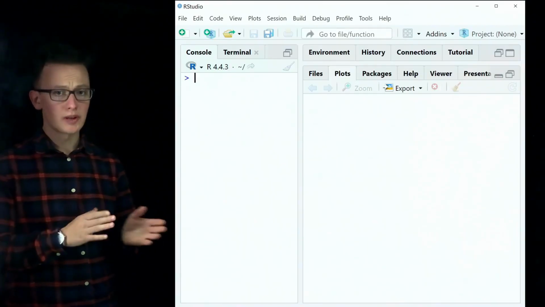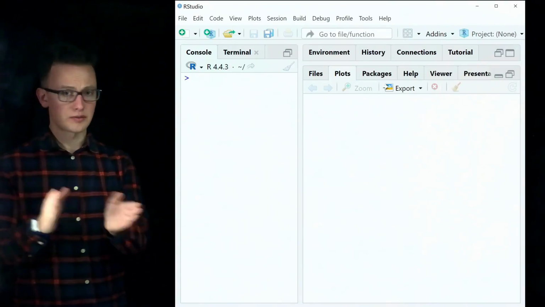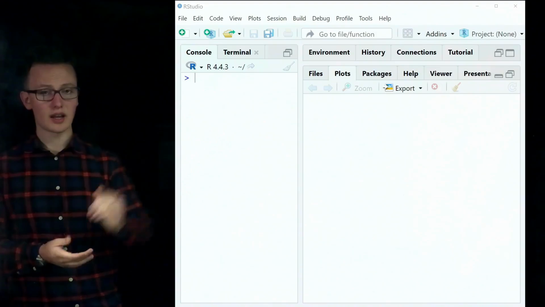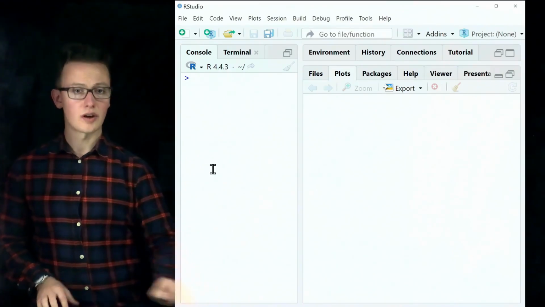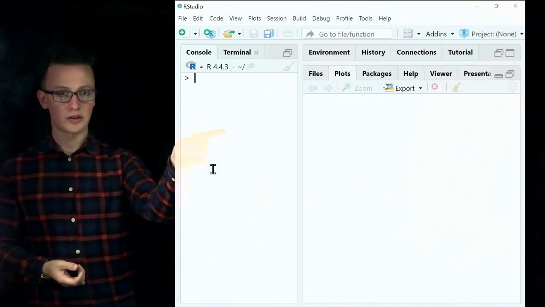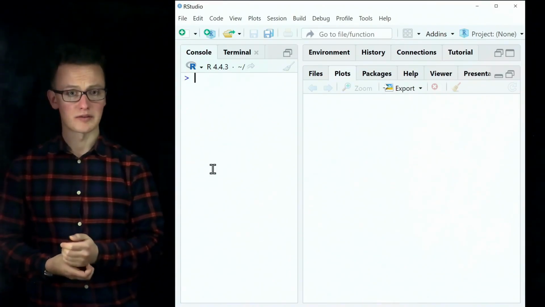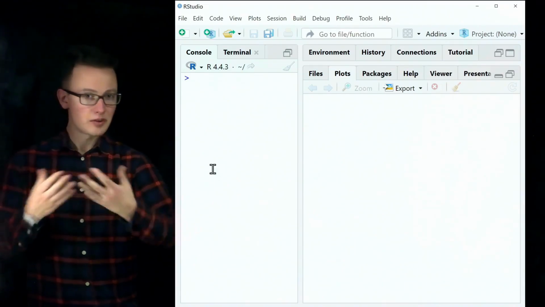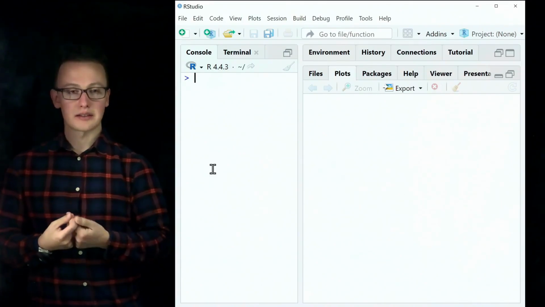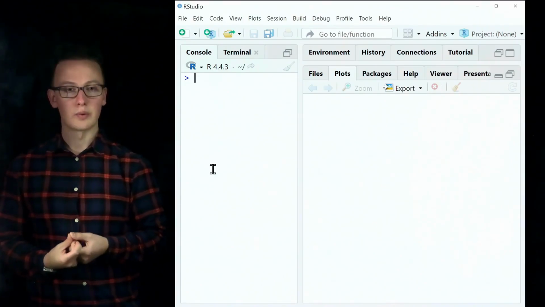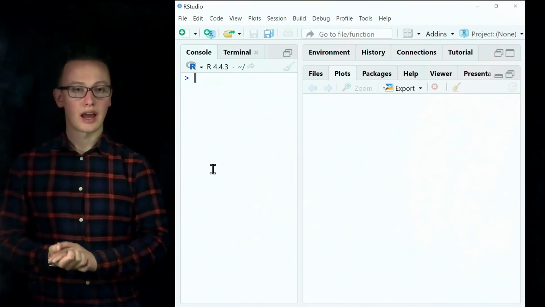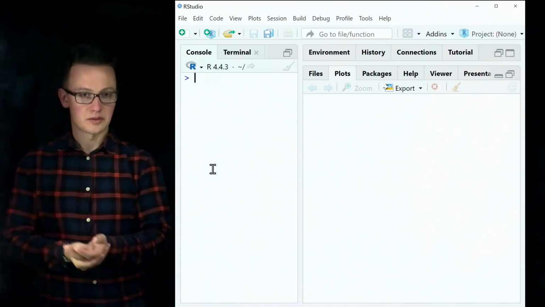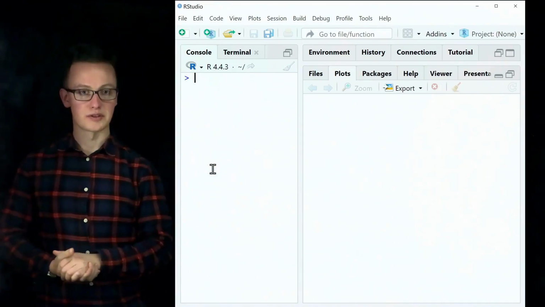We can also simulate the IQ distribution that we just saw in the example using R, okay? So here, as you see, I have a version of RStudio open on my computer. Here there is the console, so I can directly type R commands if I want. And let's say we want to generate random data that comes from a distribution with mean 100 and a standard deviation sigma of 15, okay,